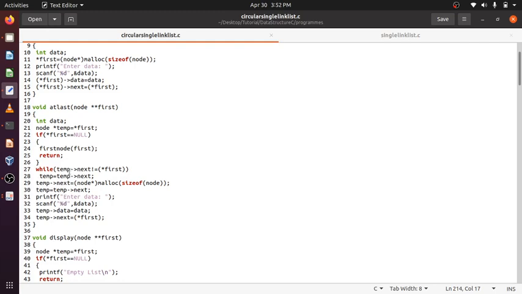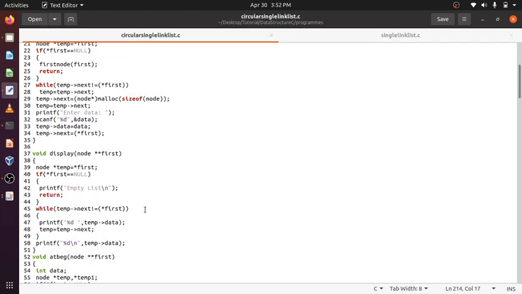Till then temp will be pointing to the last element. Now I am moving temp forward to the node that is newly created, and temp next will be first, containing the first node. Otherwise, it is the same, only the null condition differs.